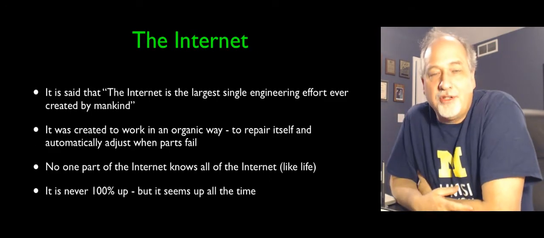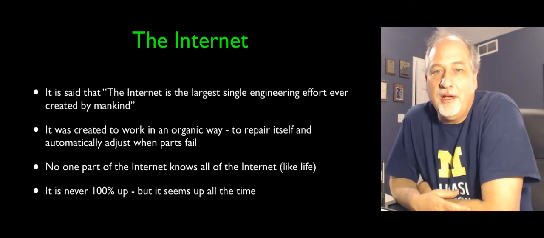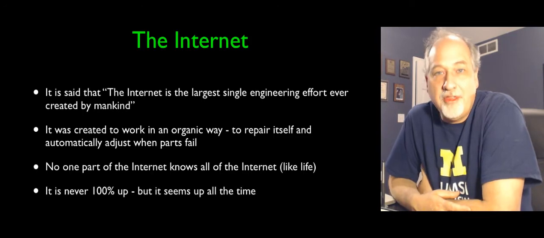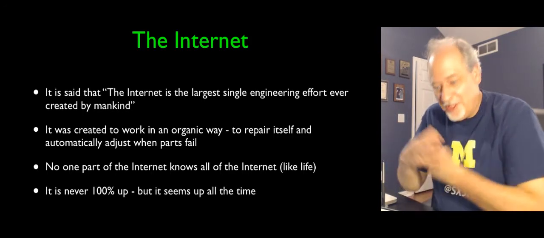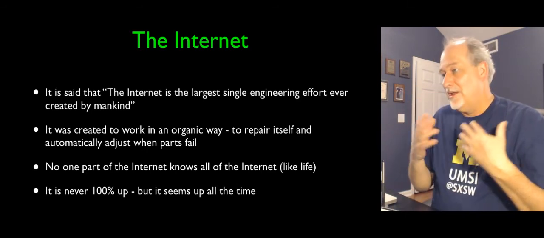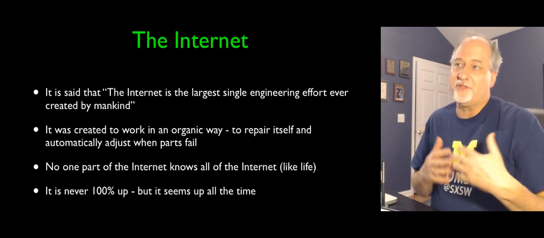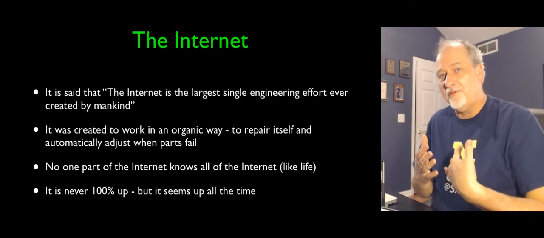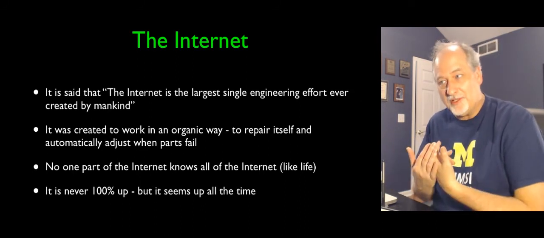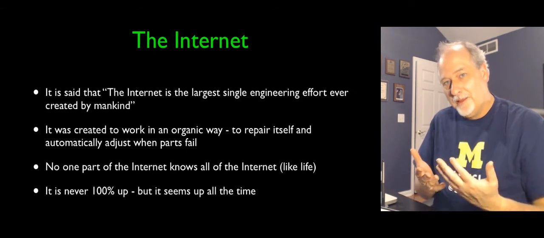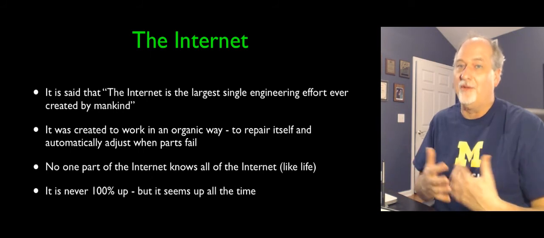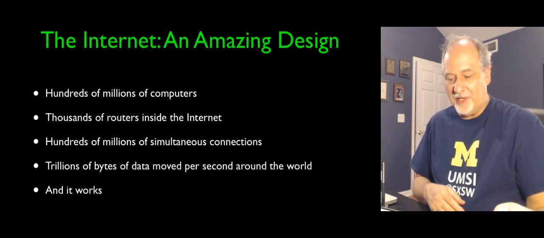You can think of it as the largest collective engineering thing that we've done together as humanity. We built this. It's all one thing, and yet it's so many different pieces. And we just keep gluing them together and gluing more things on more things. And it really was created almost like life itself. It's very organic. It's designed to heal itself rather than be perfect, because things that try to be perfect are fragile and they break too easily. But things that are designed to heal can heal. You're never perfectly correct. You're never all the way up, and you're never all the way down. And so that's what's interesting about the internet.